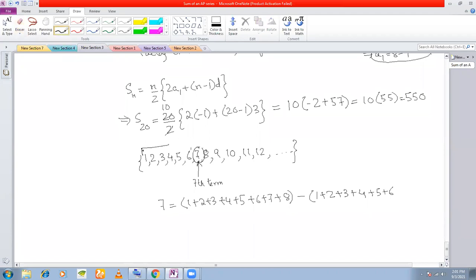If you know the sum of the first 7 terms, and if you know the sum of the first 6 terms,